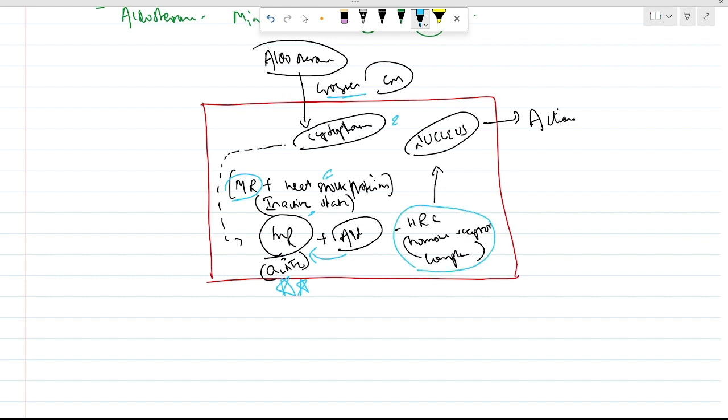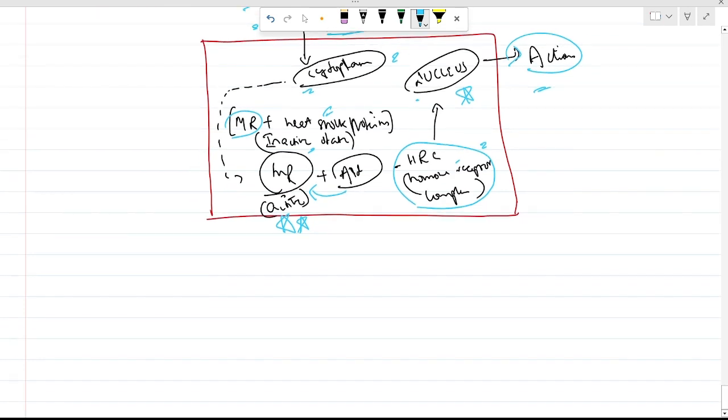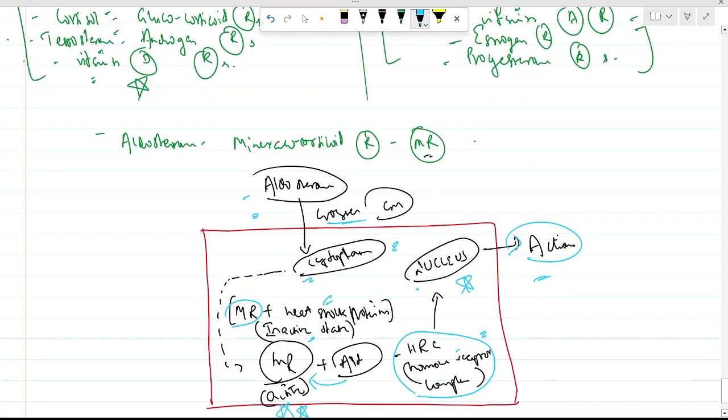Upon this activation, it forms an HRC. What is the HRC? Hormone receptor complex. Remember, this hormone receptor complex goes to the nucleus, not the hormone. This hormone receptor complex goes to the nucleus, which leads to some further actions. There will be transcription and translation of proteins, and there will be mRNA formation, which will lead to the further actions. Remember, this aldosterone goes to the cytoplasmic receptor. The hormone receptor complex goes to the nucleus, not the hormone. So, see in this example how a cytoplasmic receptor acts.